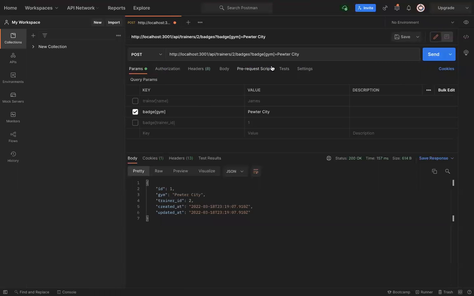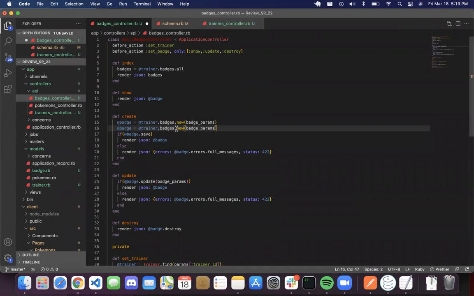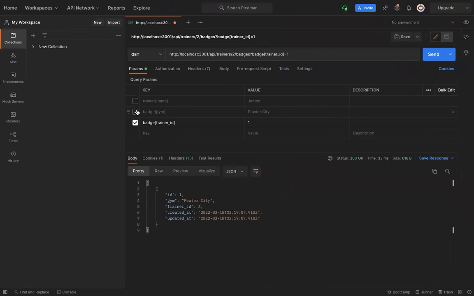He defeated the first gym. Yay. If we get rid of that and we just do a get, we should see that he has the badge. The other way for create, if you guys wanted to see it, would be to have it be basically, if you could just have badges here. I'm gonna comment that one out. You could just have badges.new. You would need to also pass it a trainer ID. So like 2, and then